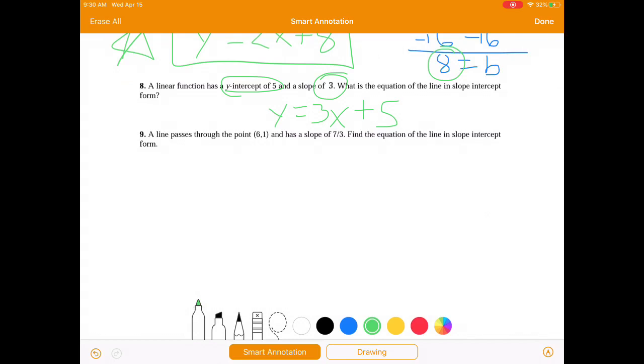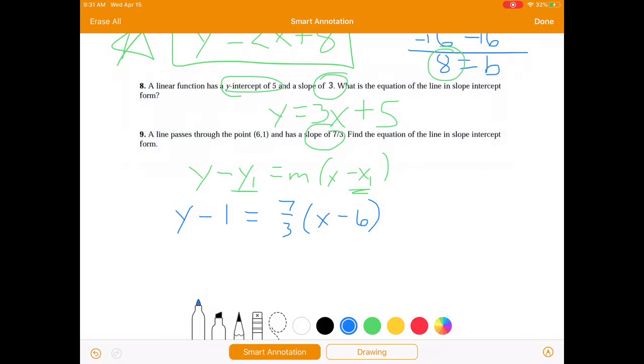Slightly more confusing, but still going to be pretty simple. A line that passes through the point (6, 1) and has a slope of 7/3. Find the equation in slope-intercept form. So we can do what we just did, but I'm going to use the point-slope method here because we have a point and we have a slope. So I'm looking at y minus y1 equals m times x minus x1, where y1 and x1 are coming from the point that we have here, (6, 1). So go ahead and put the information that we have here. So y minus 1 equals 7/3 times x